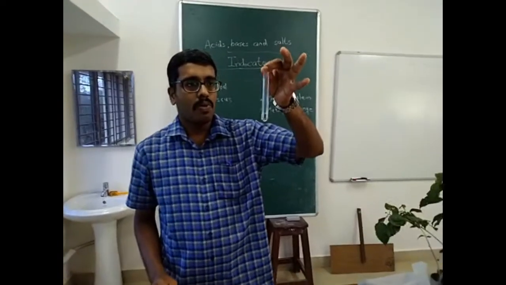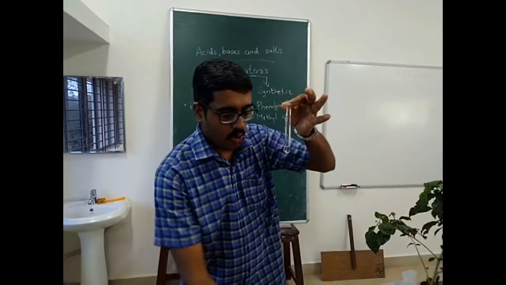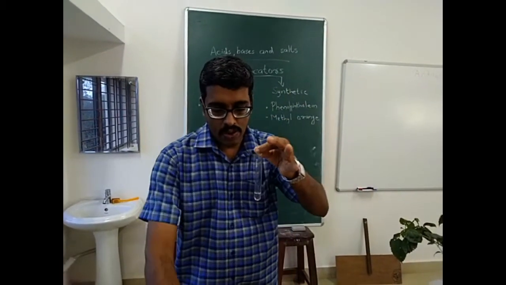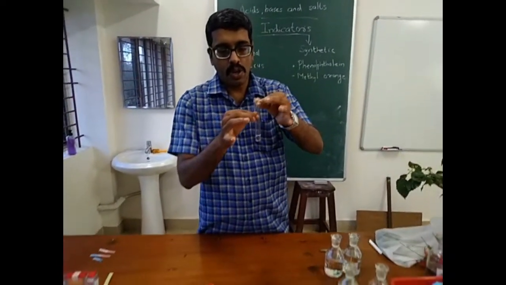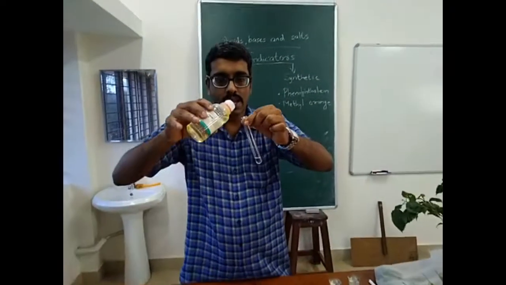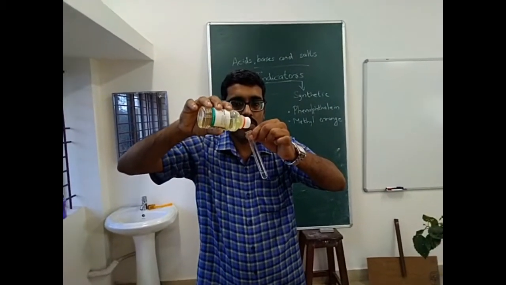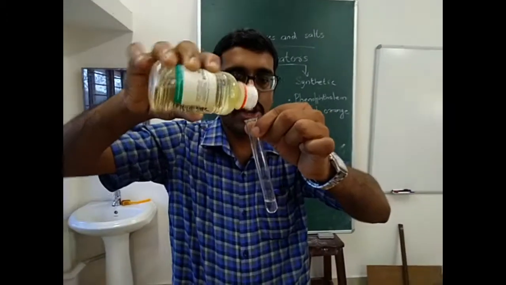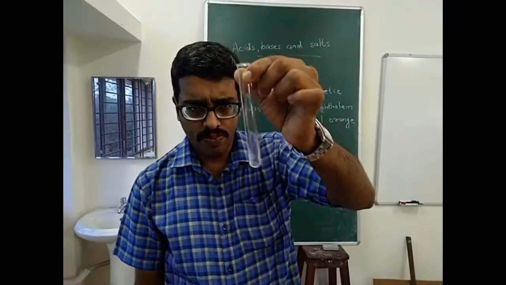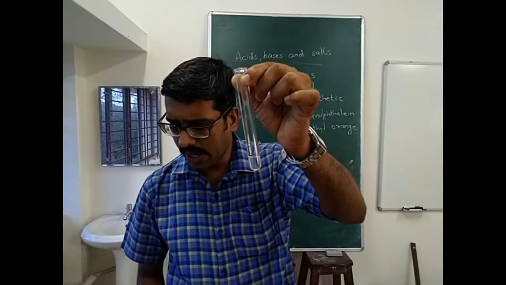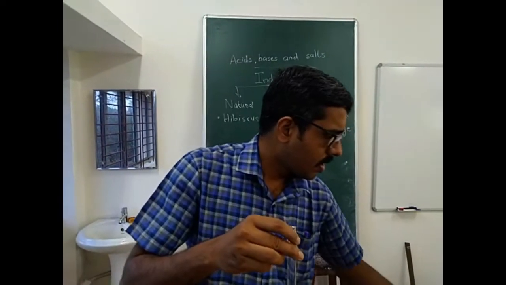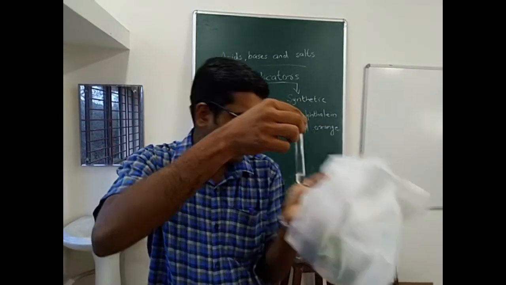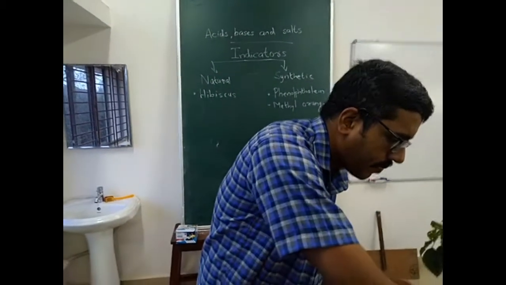So first I am going to take a test tube with 5 ml of dilute hydrochloric acid. Already I poured 5 ml of hydrochloric acid into it. And now I am going to add 2-3 drops of phenolphthalein into it. You can see 1, 2, 3 drops. I am shaking the test tube. Is there any color change? Can you see any color change? So white surface you can see. Is there any color change? No. I am keeping it aside.